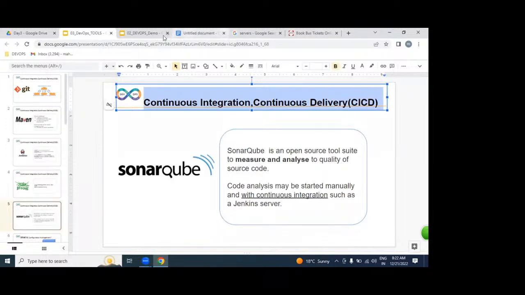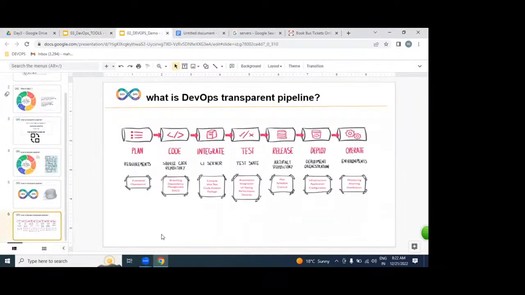The CI/CD process, from where to where, guys? From here. CI/CD: continuous integration, making working software, and we are going to deliver continuously. Once it is delivered, we are going to be placing our applications on hundreds of servers. These hundreds of servers, we are going to automate by the help of